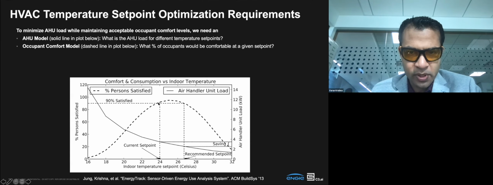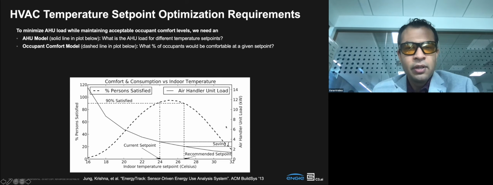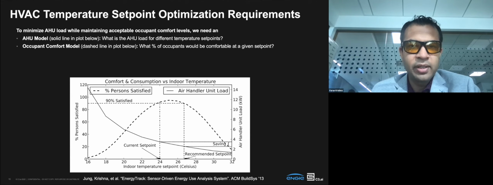In this particular situation, and there are some assumptions here that I'll be explicit about soon, the maximum satisfaction is somewhere around 25 degrees Celsius. The satisfaction drops as the temperature set point is decreased beyond a certain point when people start feeling too cold. Comfort also drops when the temperature set point is increased beyond a certain point when people start feeling too warm. So if we were to set a constraint saying that we want at least 90% of people to be satisfied,